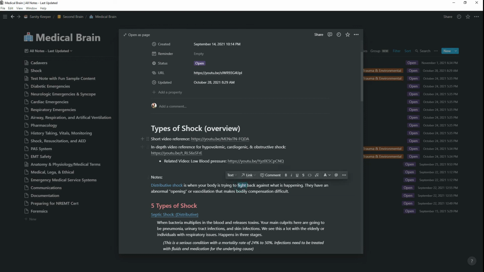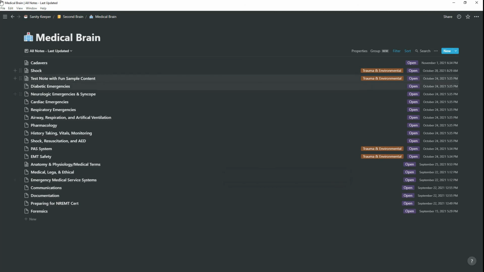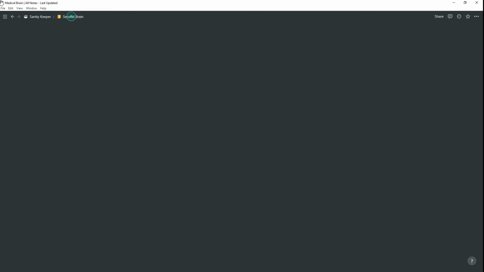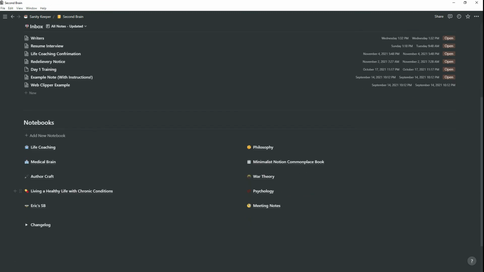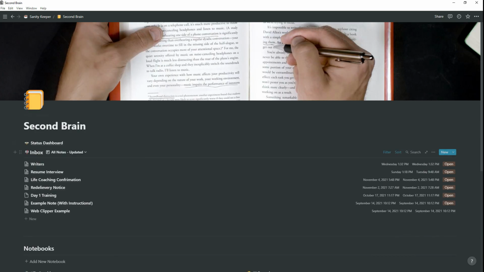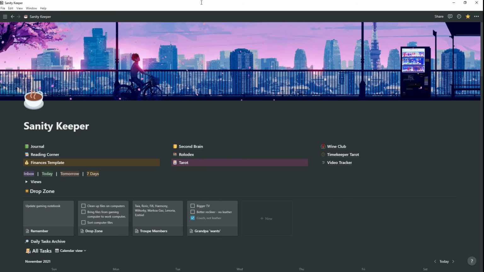I will say that there's a lot more that you can do with this program. Like, you can tag different things, you can use hashtags and link it together and kind of make a pseudo brain of sorts. That is a little bit beyond me, but I do know that you are able to do it. And you can put as many notebooks in here as you want and make it look however you want. And I really love it. I love this program so much, guys.